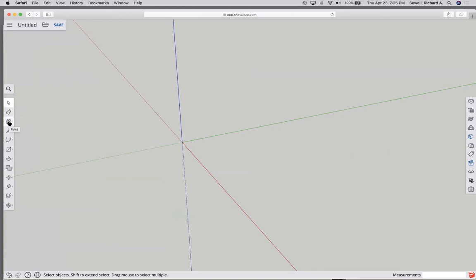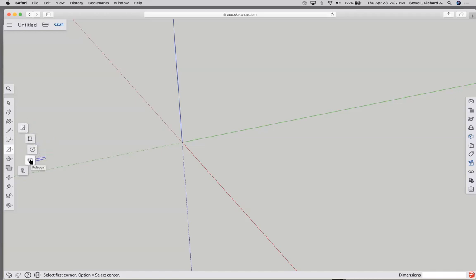The paint bucket is basically giving you access to different ways of creating color on your objects, whether that is materials. There's a whole platform of woods and metals and plastics and different things you can basically drape over your design. Pencil tool is basically what you think it was. It's drawing with lines, essentially. An arc tool that gives you different ways of creating different types of arcs. A shape tool is going to be what you use essentially the most at the very beginning. You've got a square, a rectangle, a circle,